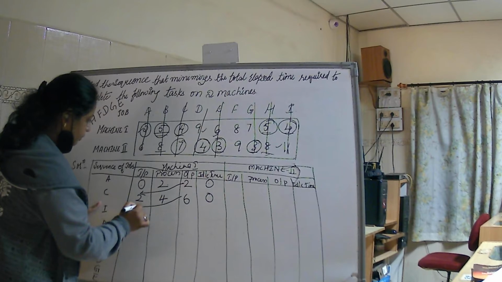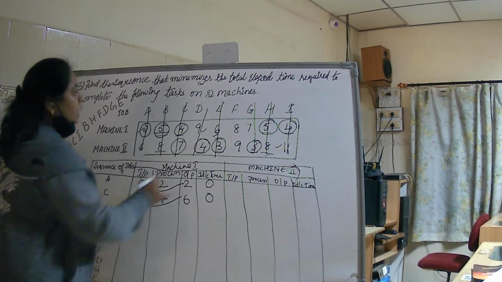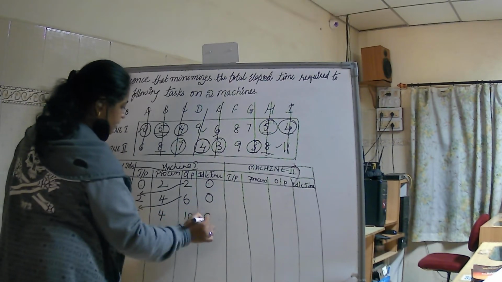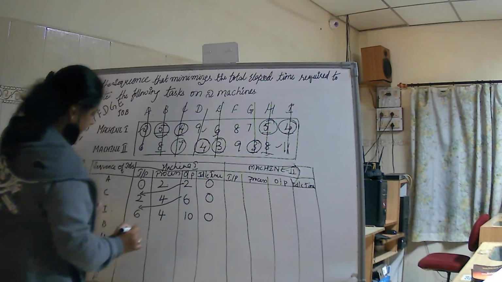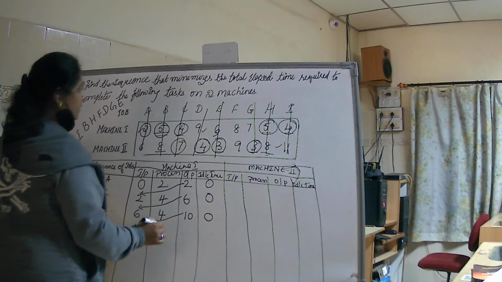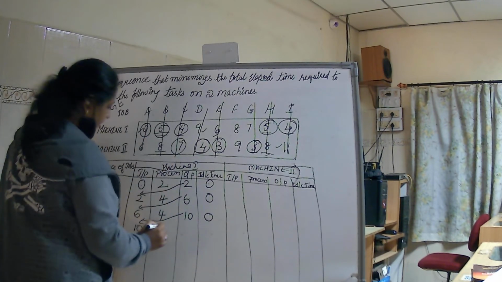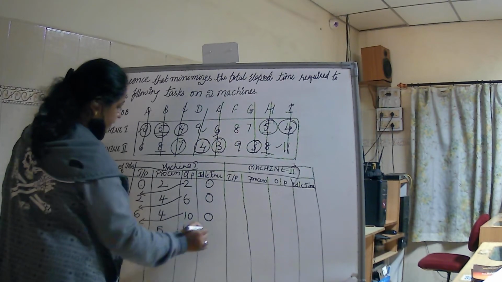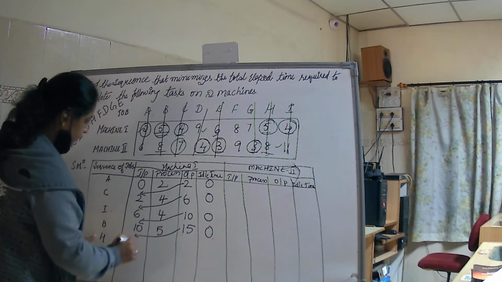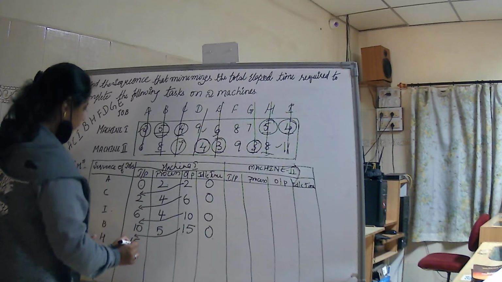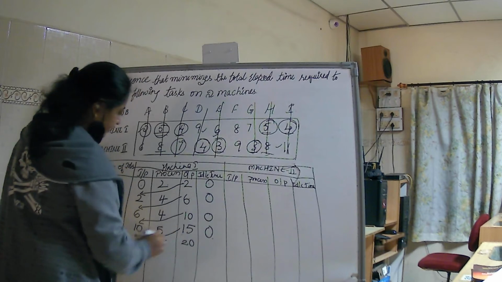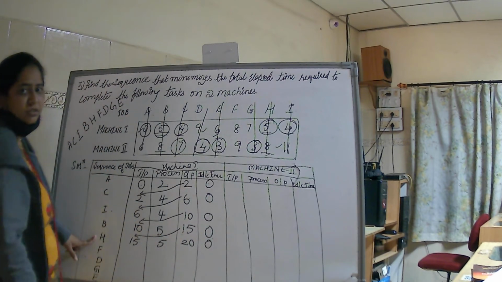Then next, the output becomes the input, 6. For I the process value on machine 1 is 4, summing up it becomes 10. Idle value becomes 0, 6 minus 6. The next output becomes input, that is 10. The process value for B on machine 1 is 5. It becomes 15 when you sum up, and idle is 0 because 10 minus 10 is 0. Then the output becomes the input, that is 15. The process value of H is 5, so it becomes 20. Idle is 15 minus 15, again 0, students.